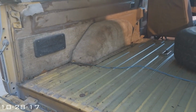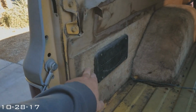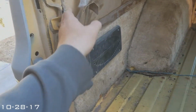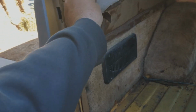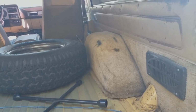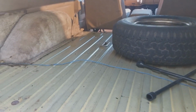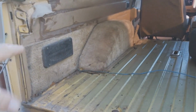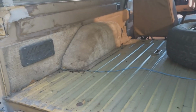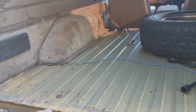What's going on, guys? So today I'm gonna rip all this carpet off the sides here, get rid of all this crap that just needs to go, get rid of these speakers, not going to use those anyways, and then peel that carpet off the wheel wells, and we'll see what it looks like back there. My plan is to paint this inside, at least like the walls, because eventually I will have new sound deadening material and insulation on the floor, and